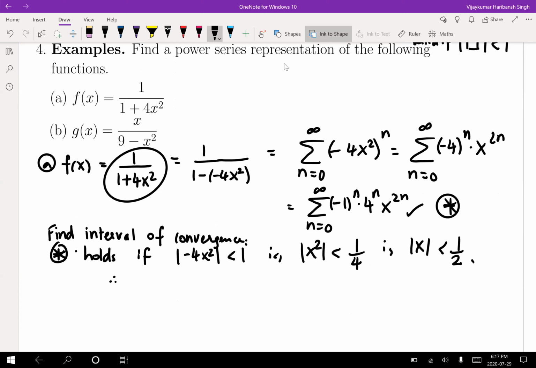So therefore, this is true when the absolute value of x is less than 2. So this formula is valid for when the absolute value of x is less than 2. Now observe that if x equals half or minus half, your series is